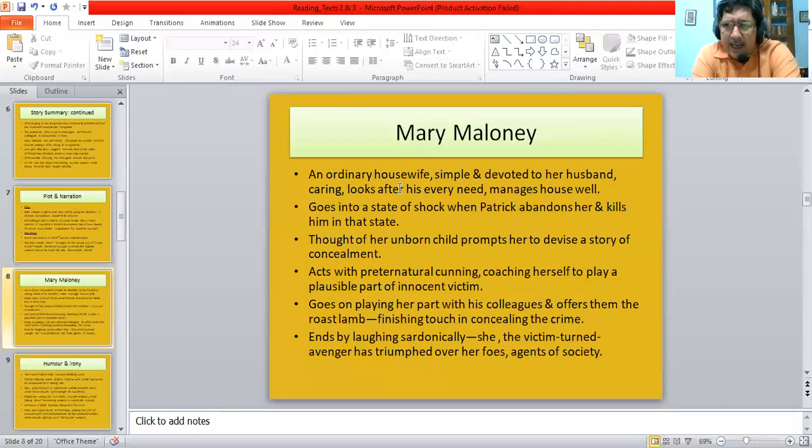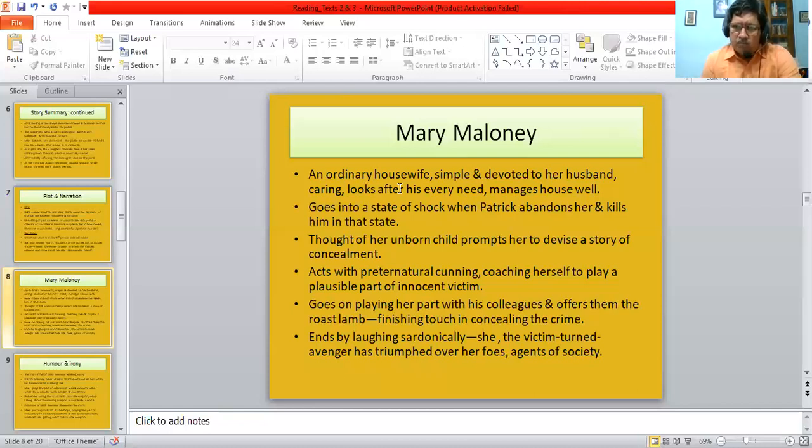Patrick is an agent of the law, and he is one of the people holding together the fabric of the moral order of society. And yet, he himself has been obviously having an affair. That too, when he has a devoted wife, and that too, when his wife is in a late stage of pregnancy. So it is extremely shocking. His behavior is extremely shocking, and his decision to abandon his wife at this critical juncture is even more so.